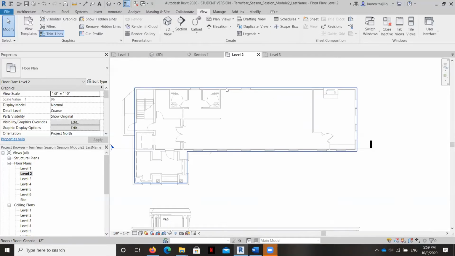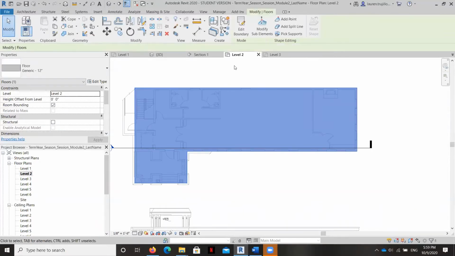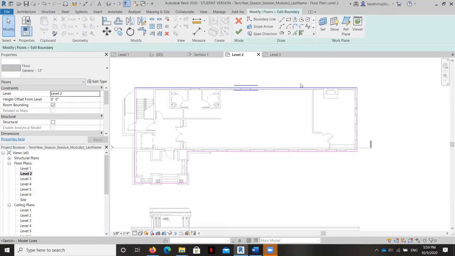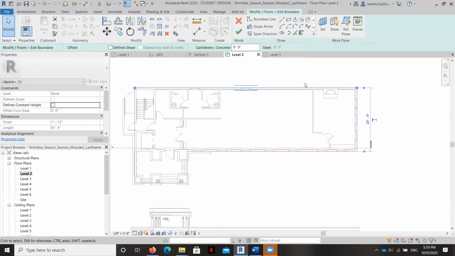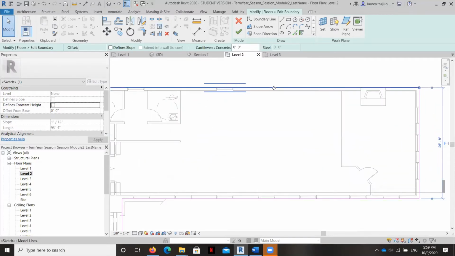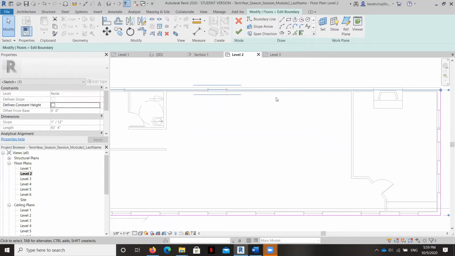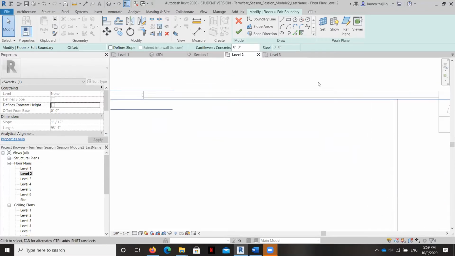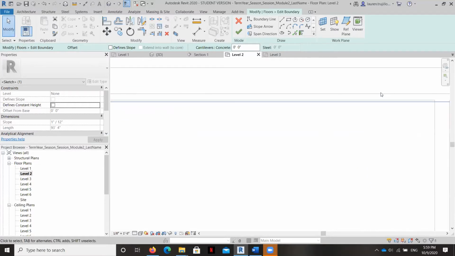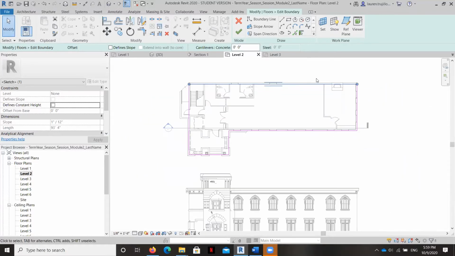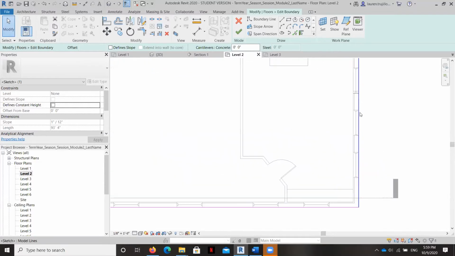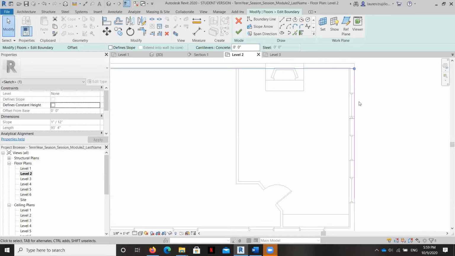So I'm going to click on the floor and I'm going to hit edit boundary. And then it's that pink floor slab that we had before that we can move very easily. So I can grab each piece and I can either, using my arrows, move it in. Okay, but you can see if I zoom in, it'll align with walls like that. I can also use the align tool. Now, I tend to use my arrows more, but it's good to learn the align tool. For some reason it's a little counterintuitive for me, but I'll teach you how to use it.